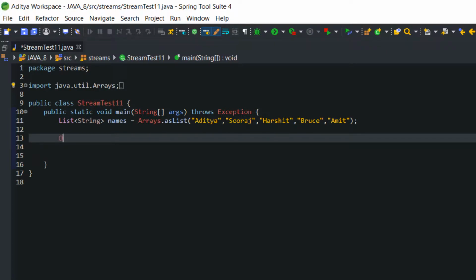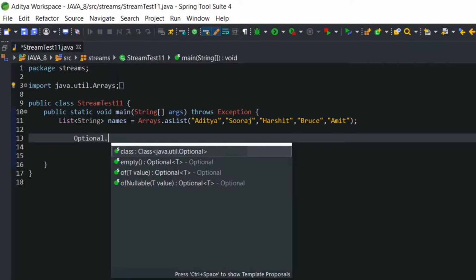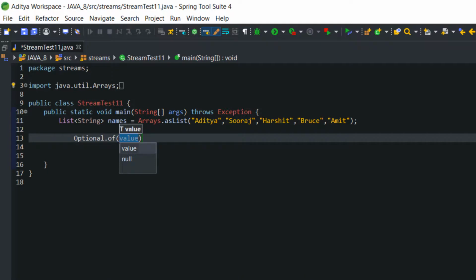We'll call Optional.of, and here I'm going to pass that list reference. Now all the names are saved to Optional of List of String.